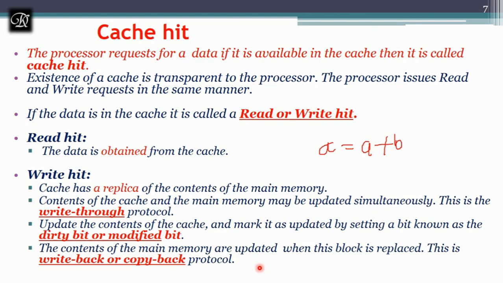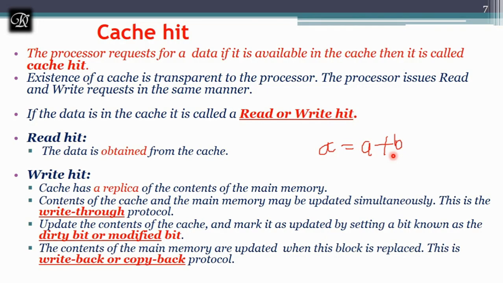Until then I will not update it, because I may update that value 100 times, and I need not update the main memory 100 times. So when I am going to remove that block from the cache, how will I remember whether the original value of a is modified or not? You can notice b I am not modifying. B is a constant which was used just for addition, and it resides as it is. But what about a? A is updated. A was 10, a is updated to 30 now.